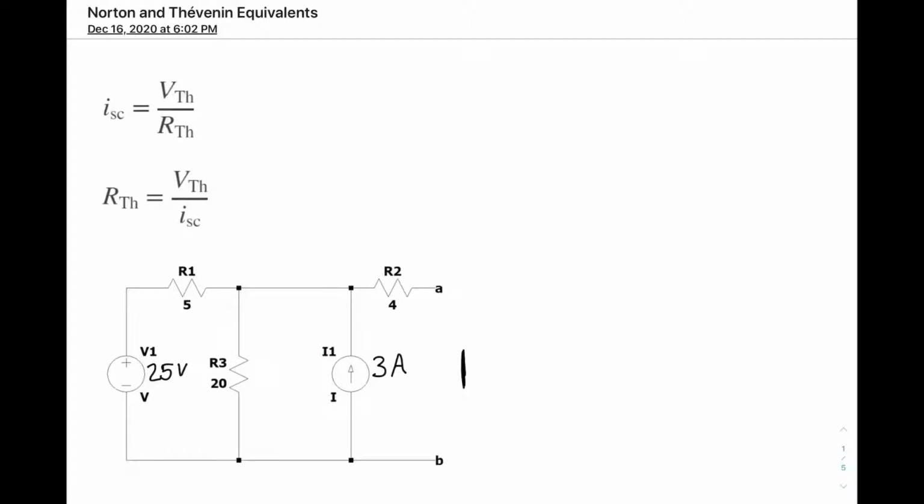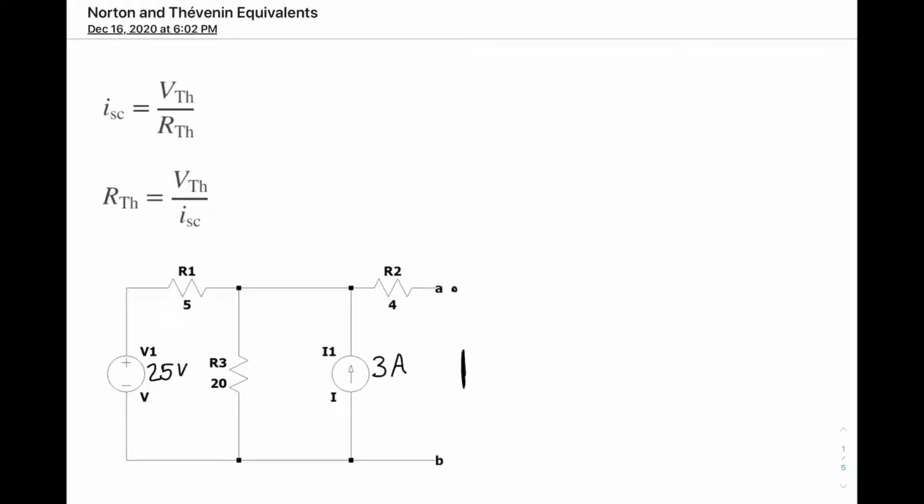A Thevenin equivalent circuit is an independent voltage source, which we will call VTH, or V Thevenin, in series with a resistor that we will call RTH, or R Thevenin, which replaces an interconnection of sources and resistors. This series combination is equivalent to the original circuit in the sense that if we connect the same load across the terminals A and B here, we will get the same voltage and current at the